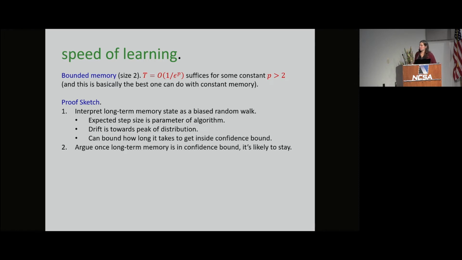And then the second step of the proof is, okay, now let's imagine that you're inside that epsilon confidence bound. If your step size is small enough, then you're not going to leave it too often. And therefore, with high probability, when you stop, you'll have a memory that's close to the truth. And so there's some math to work out to make sure that there's something that's large enough and not too large, right? And so that shows you that you can actually do something non-trivial with even just 2